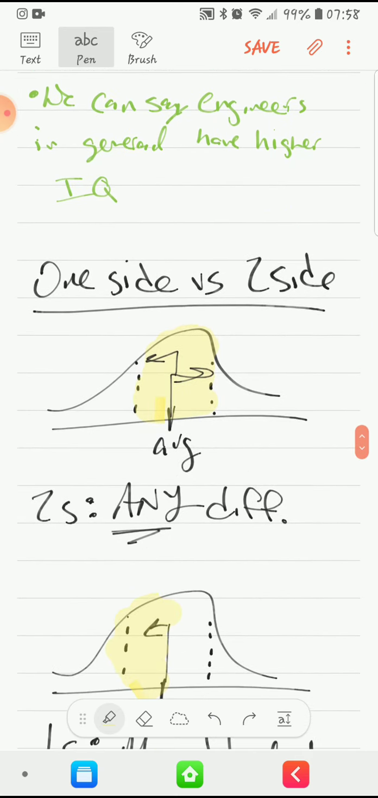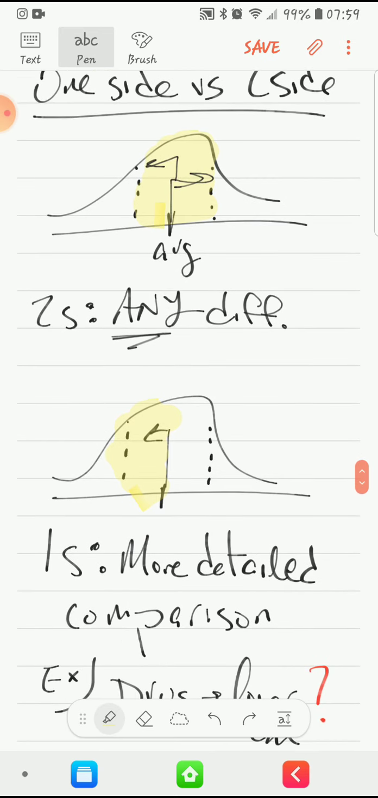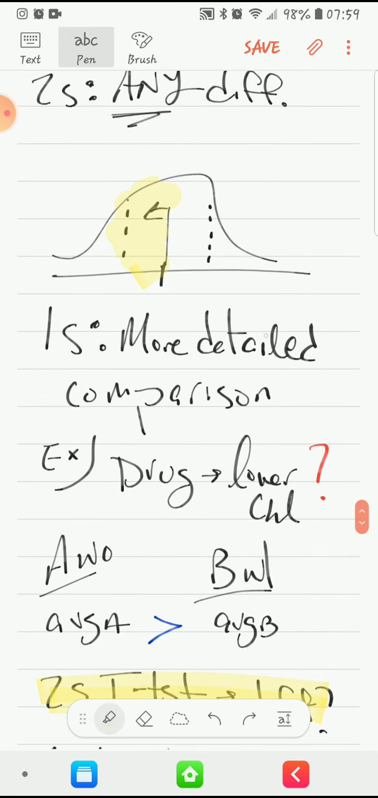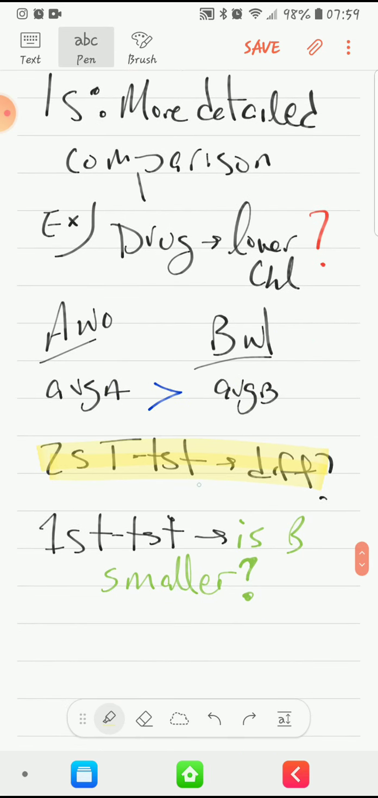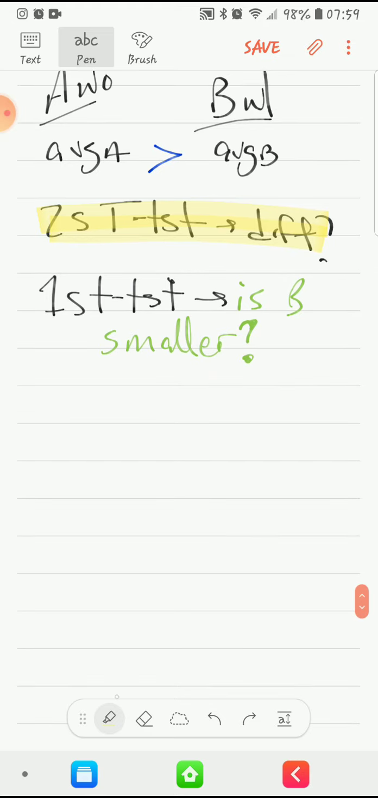Then we talked about the one-sided versus two-sided. The two-sided t-test gives you p-values that test to see if there's any difference between the values, where the one-sided t-test gives you a more detailed comparison. It basically wants to figure out if one value is greater than the other. So the two-sided test basically says, are they different, whereas the one-sided test is going to say, is one or the other specifically greater or smaller. Now I want to talk about